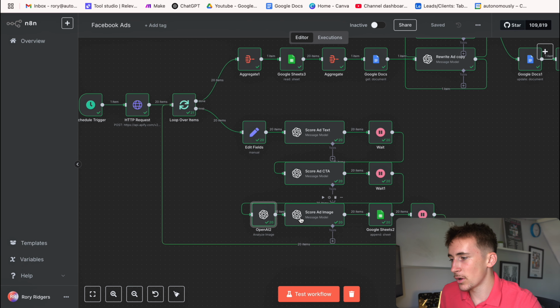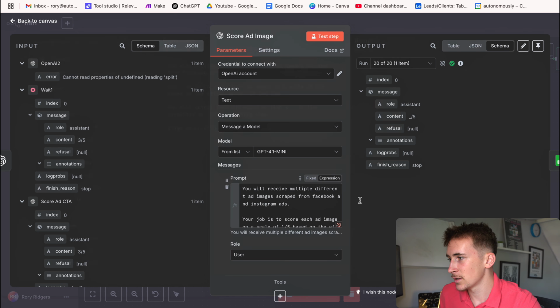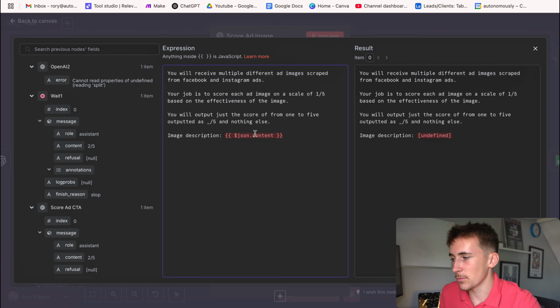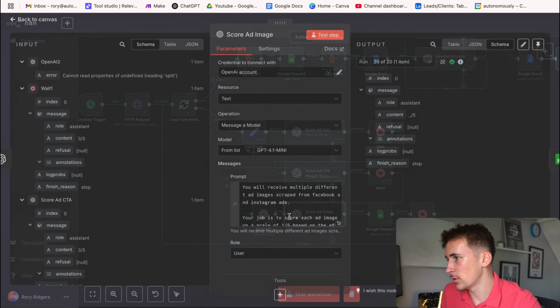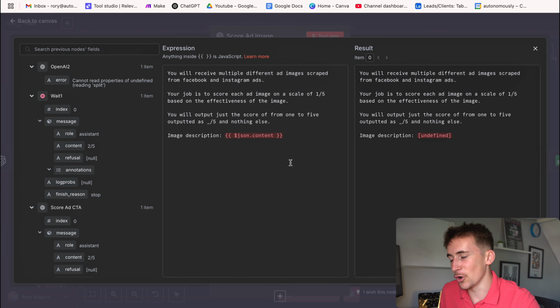So then we pass that over to the score image ad LLM step. Again, this variable here looks like it's undefined, but that's just because it would have been the output from here where it didn't have a URL. Some of them are actually going to have URLs and they're going to have descriptions in here rather than a red undefined variable. But we're basically just saying the same thing as the other nodes. Score the image on a scale of 1 to 5 based on the effectiveness,